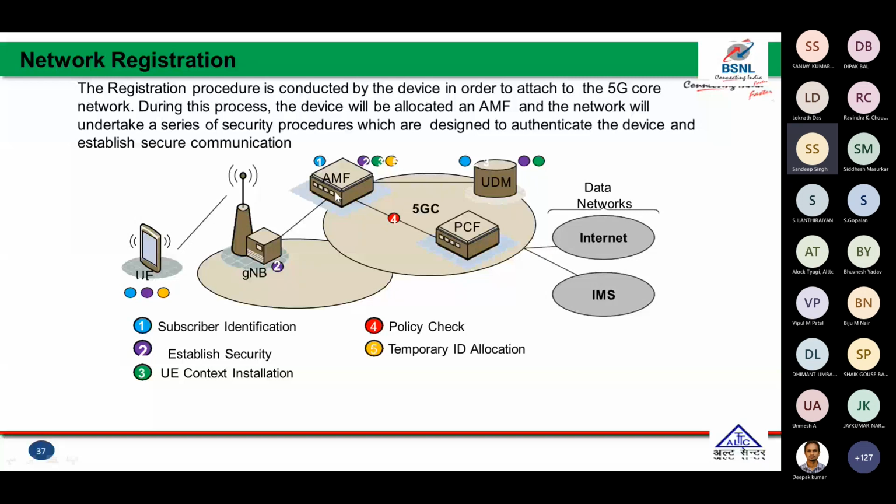In this view, we have the subscription identification the UE sends to the gNodeB, just like the RRC setup complete message. There is a subscriber identity, SUCI or 5G-GUTI, in the registration request, and this registration request is sent to the AMF. Right. After sending to the AMF, they establish the security between the core network and the UE, mutual authentication,